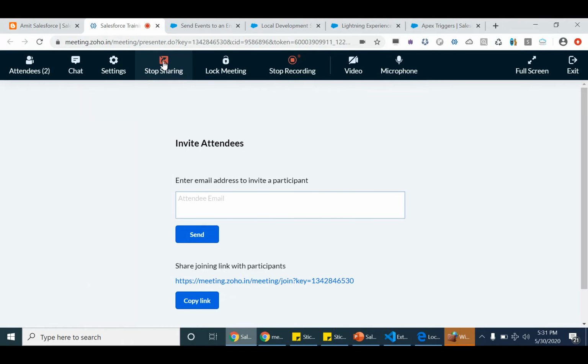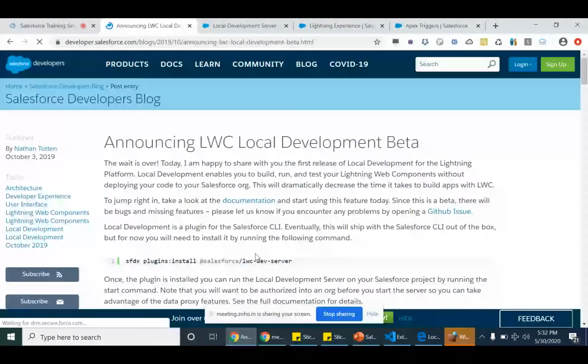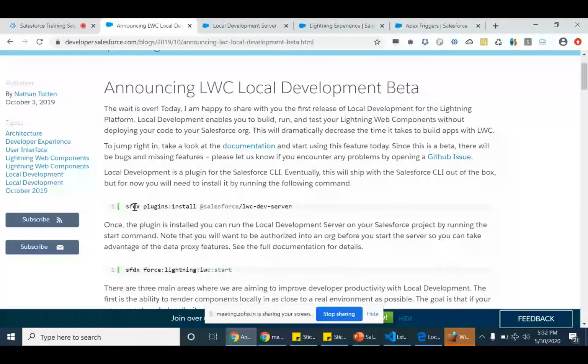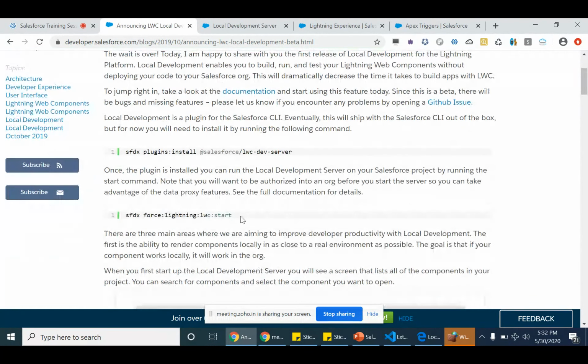I'm sharing my screen. So this is one blog which is quite self-explanatory. It's again a Salesforce developer blog wherein they ask us to install a plugin called LWC Dev Server. Once we have installed it, we have to run this command, lwc start. So these are CLI commands like SFDX commands, which means in our CLI terminal, I just have to execute this. Once we have installed it and started the server,